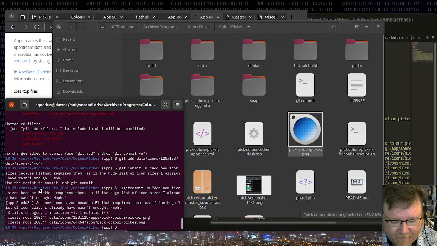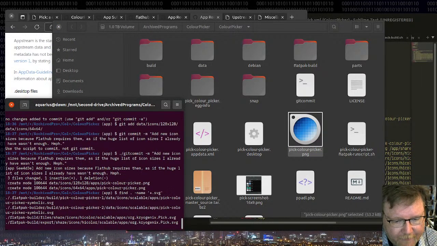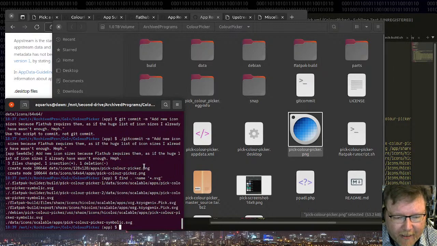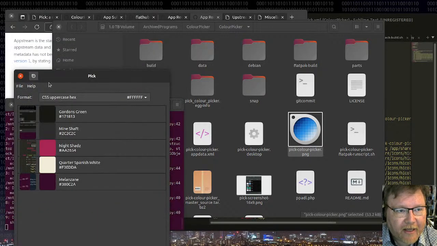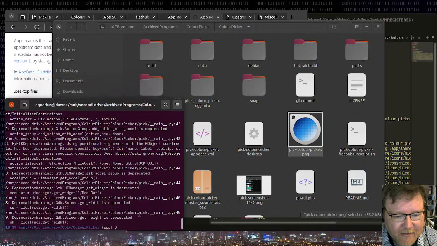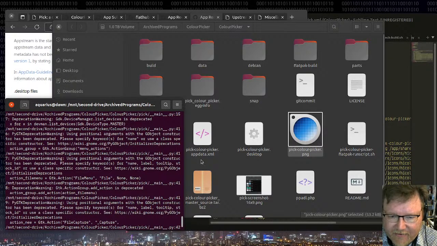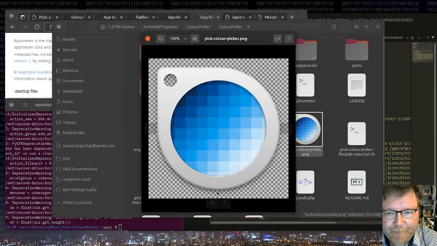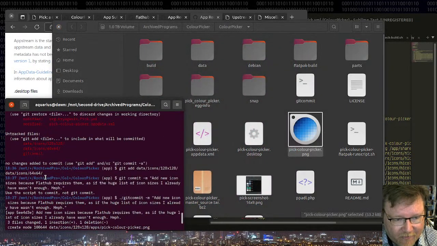I do have... I could have done this search in Nautilus, really. Yeah, see, I've got that, but that is not the application icon. It is the little magnifying glass icon that you get when you run pick. So if I do python3 -m pick, this icon here is that SVG. Unfortunately, I do not have this one as an SVG. What I should really do is email Sam and ask him, because I'm relatively sure he would have built this in, I don't know, maybe Inkscape, maybe Adobe Illustrator, whatever, but I'm sure he's got it, but it's not important. 512 by 512 is fine. Okay,